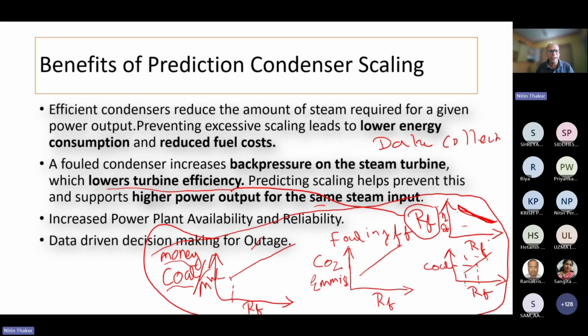So that was the overall reasoning for getting into the AI part and getting into the condenser scaling part. So it not only reduced the fuel cost for making 1 megawatt of electricity, it also reduced the CO2 emissions. And now with this type of model,